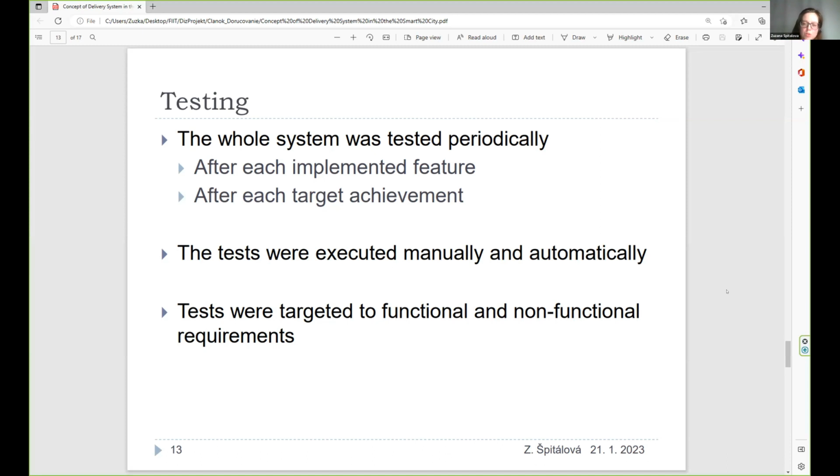And we also have some milestones for our system, and the whole app and the whole system was tested after implementation, all the features which were required for the specific milestones.